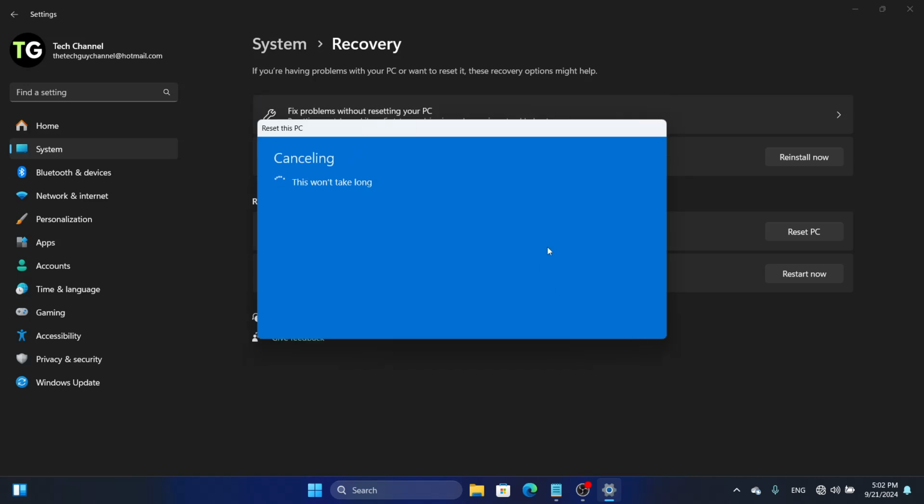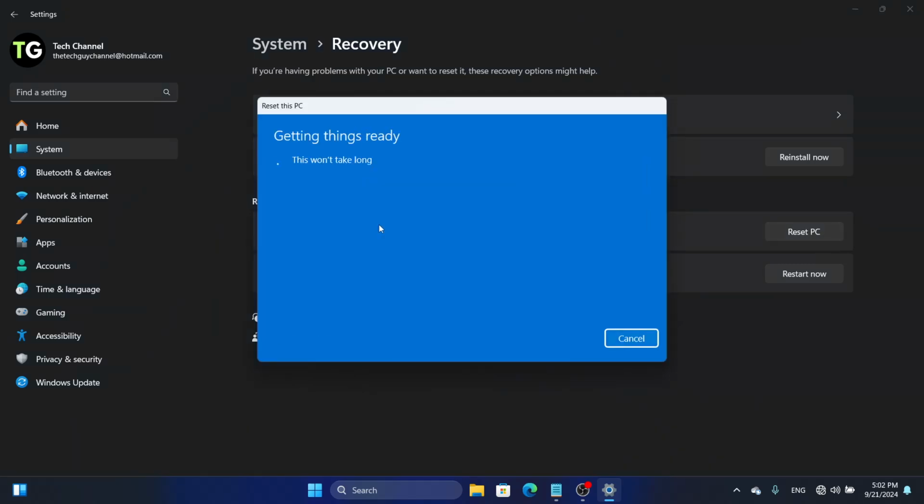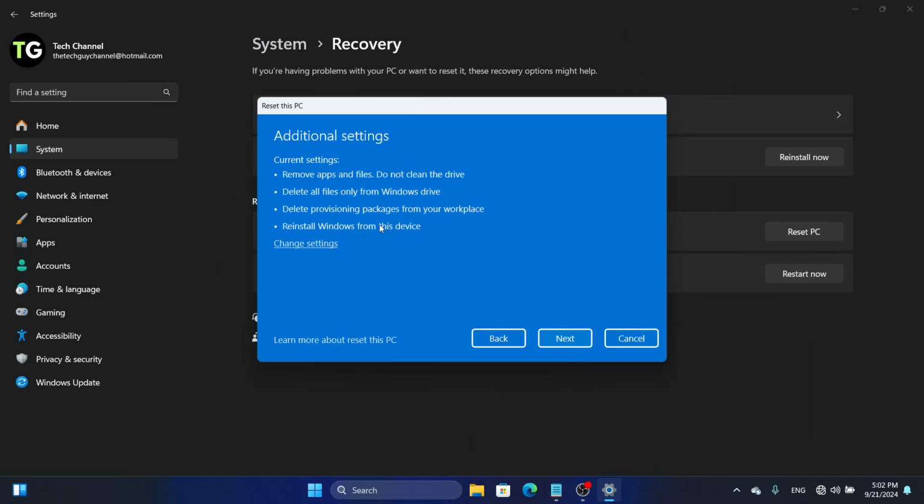Okay, I'll cancel it. I'll check it again. Click on reset PC, click on remove everything, and then